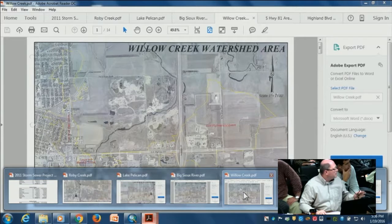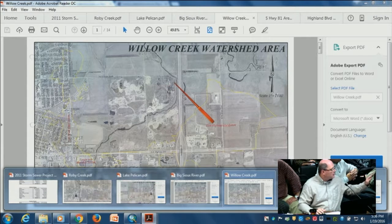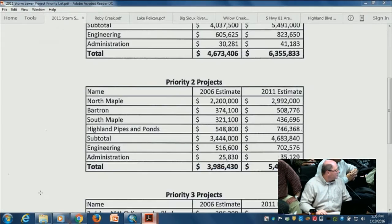So that's the major sheds. In 2006, a manual was put together, and these are all excerpts out of that manual. And in 2006, the stormwater needs for financial reasons were estimated at just over $12 million. And then subsequently in 2011, or heading into the 2011 season, city staff